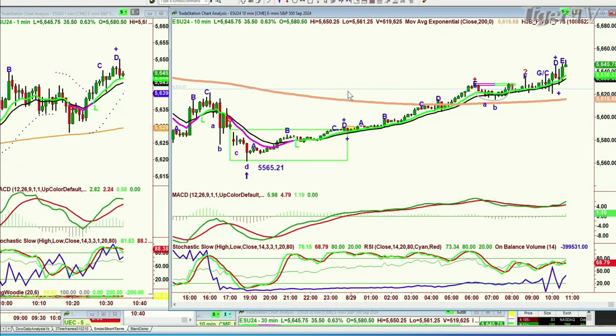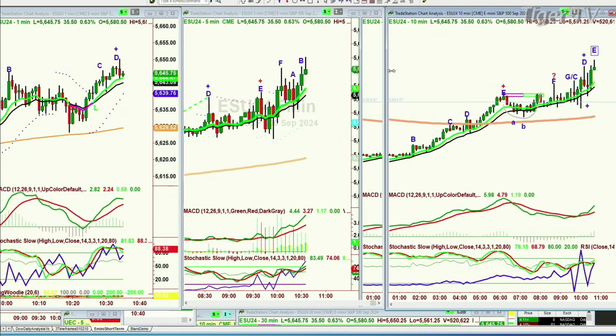And you had all that time at the 200-period moving average. It didn't go in here, went to a peak D, then recycled, went to an E, pulls back, goes to a brand new A, peak F/B, G/C, goes to a D, and now goes to an E, which could even turn into an instant restart. So these are techniques, and I keep talking about them. I'd like to have a couple of people who have shown interest. I don't know